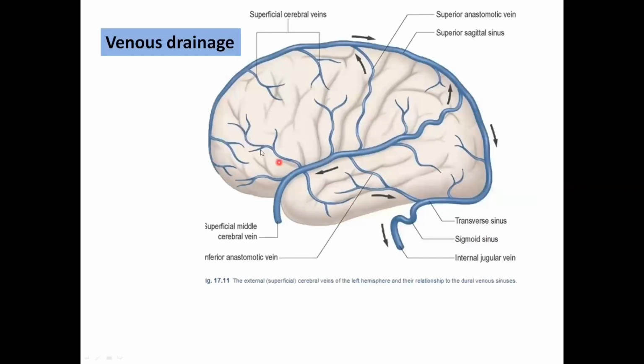The venous drainage of the brain. So these veins of the brain are thin-walled. Normally, we know that any blood vessel has 3 layers: the tunica intima, the tunica media, and the tunica adventitia. The veins of the brain are devoid of tunica media and tunica adventitia. They have just the tunica intima, which is made up of endothelial cells. That's why they are called thin-walled, and they are not provided with valves. These cerebral veins drain into the nearby dural venous sinus.